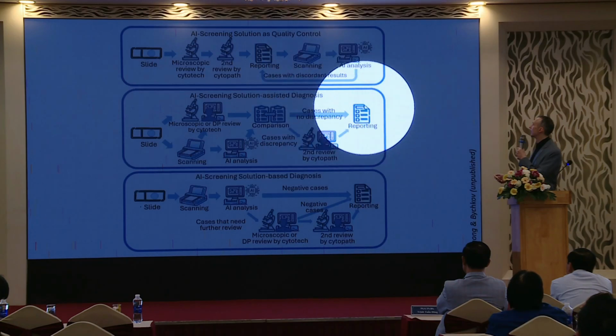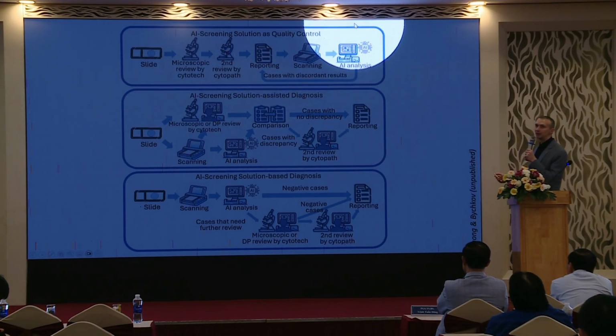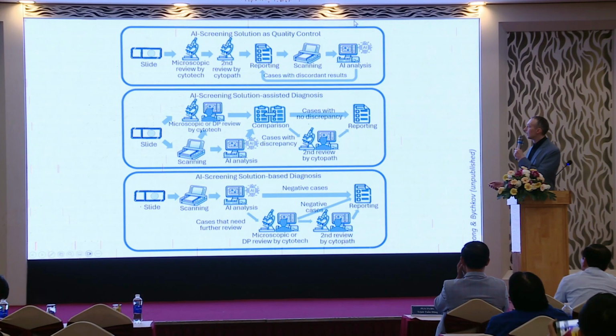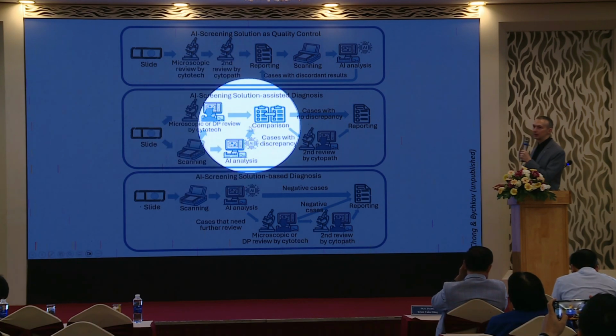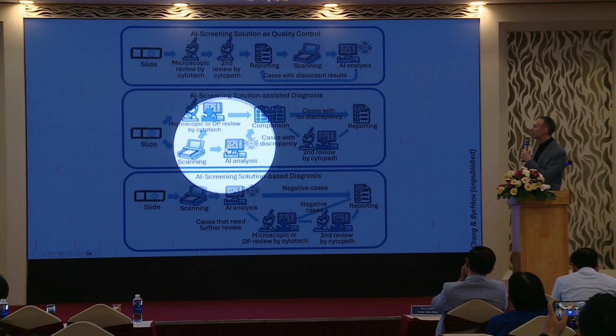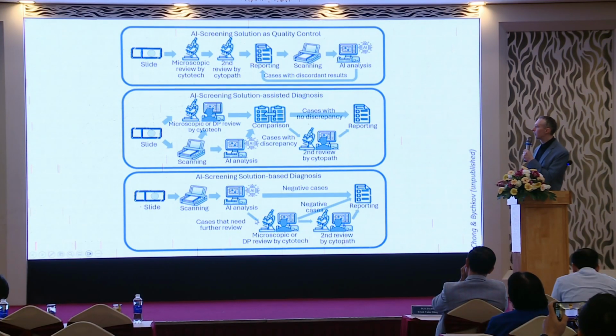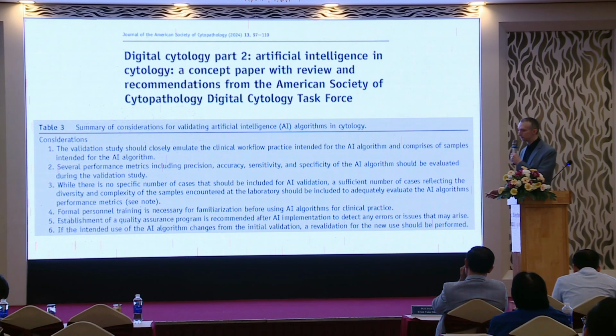Basically, it's secondary. When you already have the case diagnosed, you use the AI tool for a double check of what happened. The more important use is AI either along with the cytotechnician in parallel, or by outsourcing, maybe 50% here, 50% here. Or another way, you use AI for primary reading, and then results are delivered to cytopathologists, and they say, yes, I agree here, or I don't agree here. And as you saw from the publication, the rate of concordance is very high.